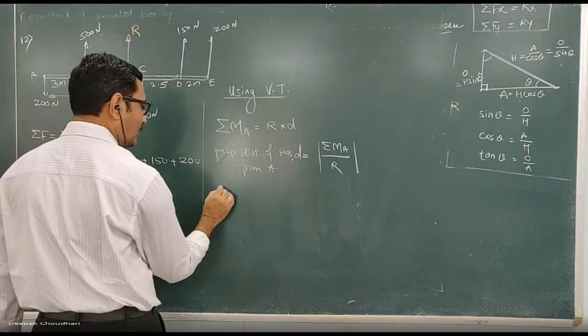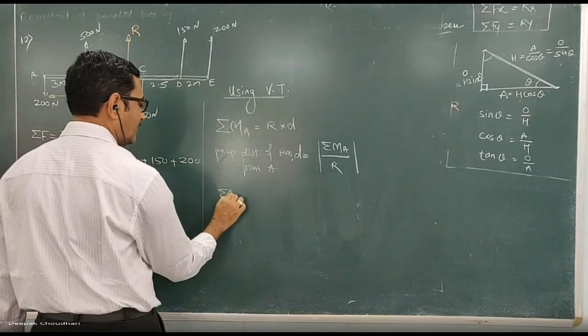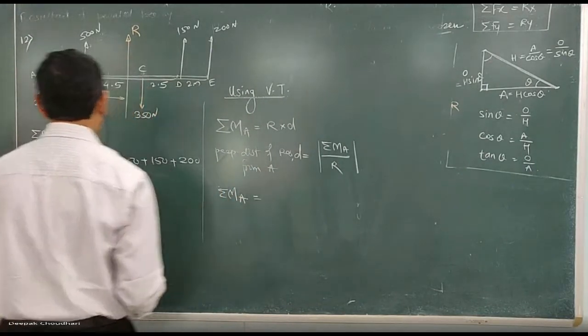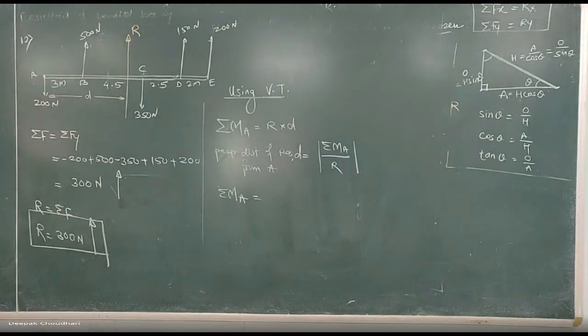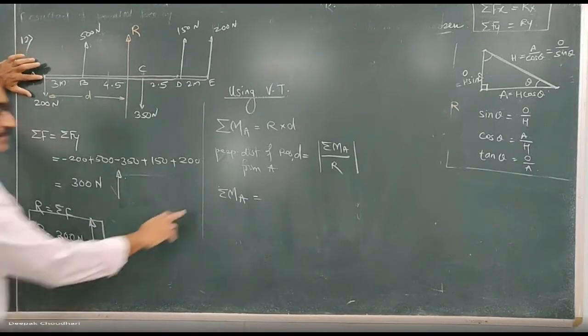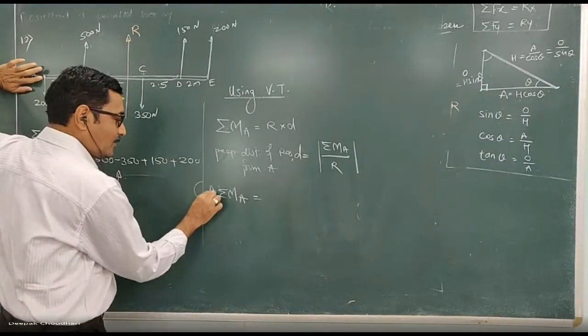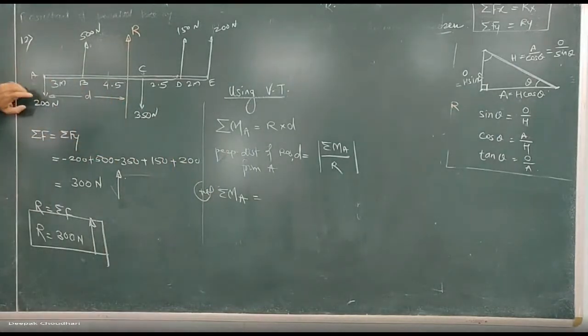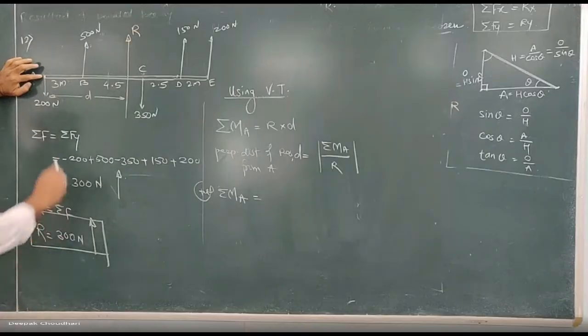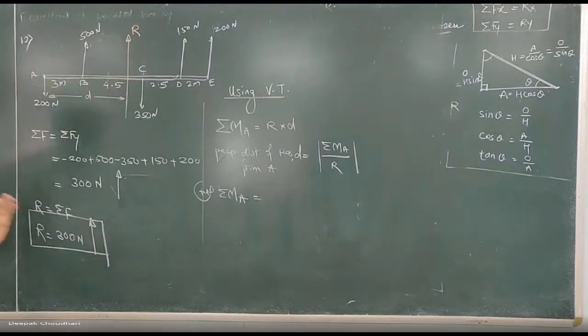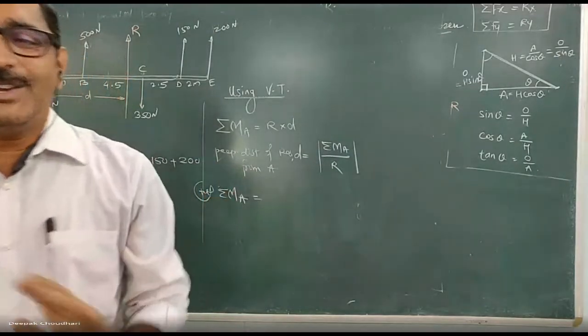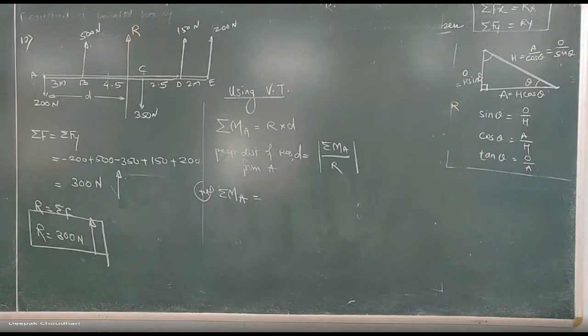So for that, calculate this MA, the algebraic summation of the moment of all forces about point A. Let's start one by one. You have to tell me the moment, and for finding the summation of the moment, let's consider anti-clockwise moment positive. Now let's start from the left. What is the moment of this 200 Newton force about point A? 0. Now all these forces are vertical, so there is no need to resolve. When forces are vertical and horizontal, there is no need to resolve them to take moments. If the force is inclined, then only resolve.